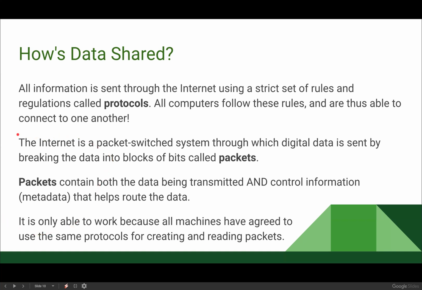The internet is a system that relies on these little snips of digital information called packets. Anytime your computer wants to send a message to a server or another computer or anything, it's going to break that message into small chunks and send them across the internet, where they're all received on the other end and pieced back together. The reason both computers know how to do this is they're all following the exact same set of protocols. They all know this is how to create these packets, and the other computer knows this is how those packets were made, and this is how I can reassemble them.